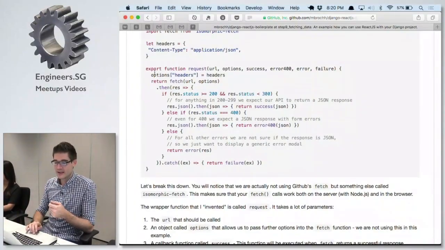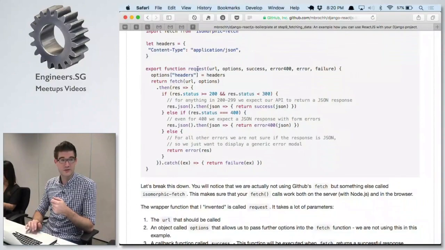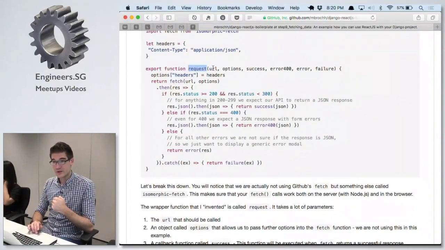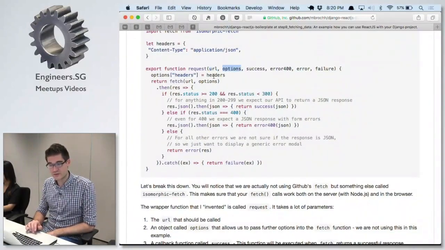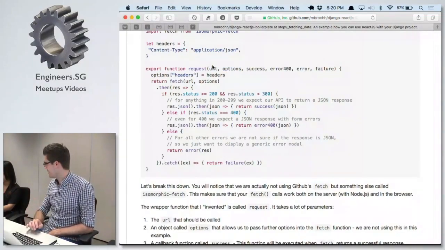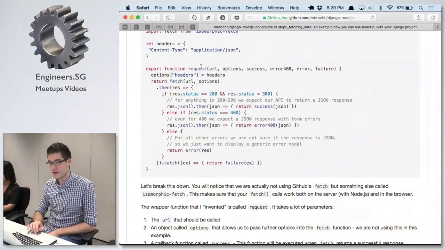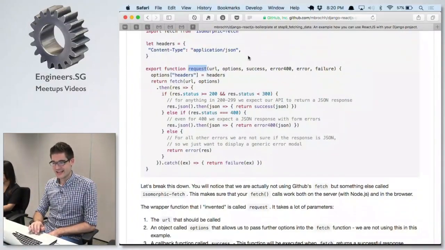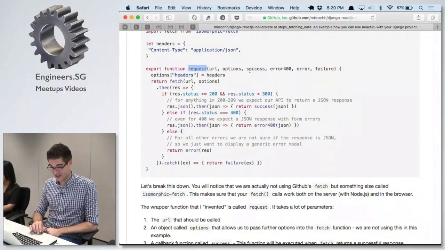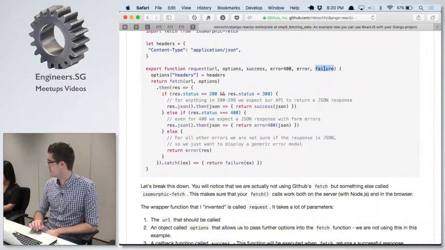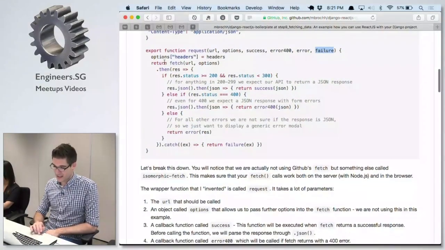So I basically just wrote a function. The function is called request. It requires the URL you want to talk to, some additional options. We are not using the options here in these examples. And then 4 callback functions. This is a weird thing that actually you can do with Python as well. You can write a function that accepts other functions as parameters. So we are basically putting 4 different functions into this function,